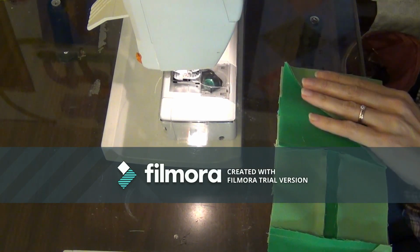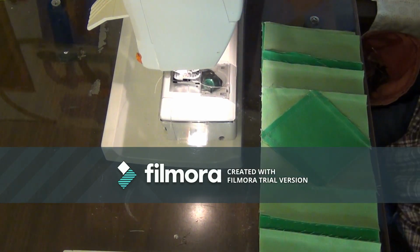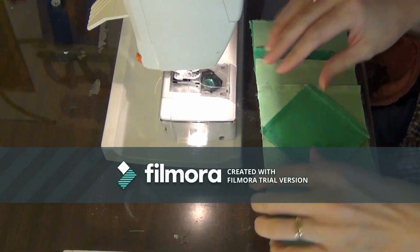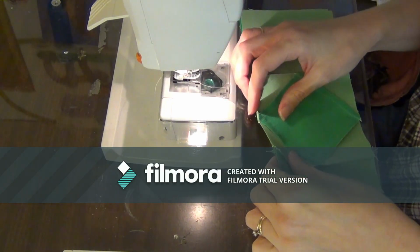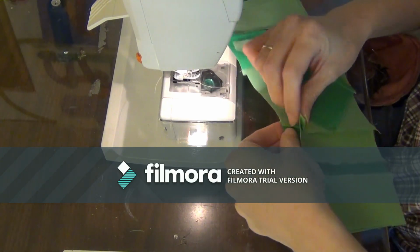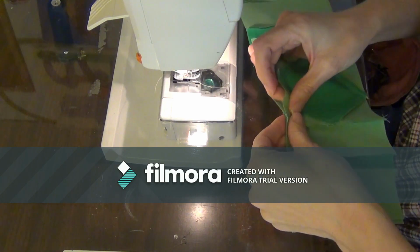And we're going to change that up. I'm actually going to flip it this way because I want those half square triangles on the bottom. And I did not do that. And I want my square and a square on top. So we're just going to switch that. Still pinning the exact same, but